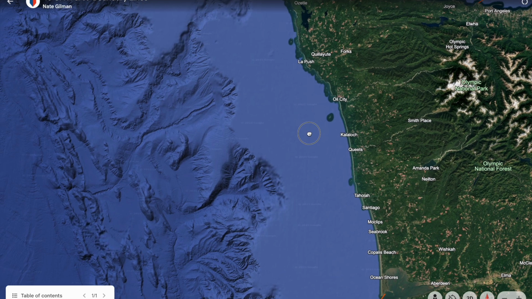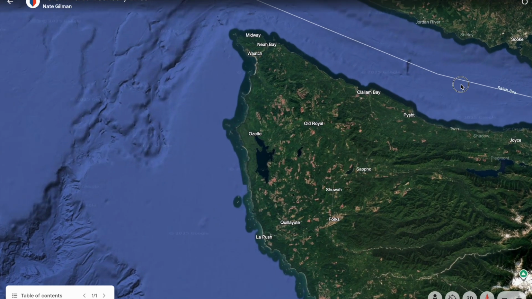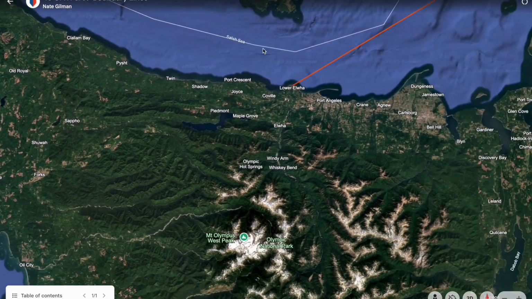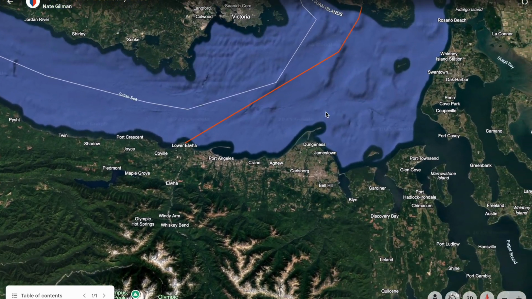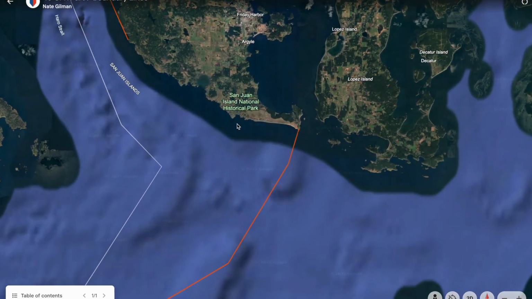Coming up here through the rest of Washington State, an interesting one that happens is you'll notice there is no line here, right? We got to go all the way in the Strait of Juan de Fuca until we get to where it's pretty surprising for most folks, which is from the lower Elwha. So it's not even Port Angeles or the Hook. It's all the way further west, whereas the lower Elwha is going to come all the way over here to the San Juan Islands. And so if you're on this side, you are in near coastal waters. If you're on this side of the island, you are on inland waters, right?